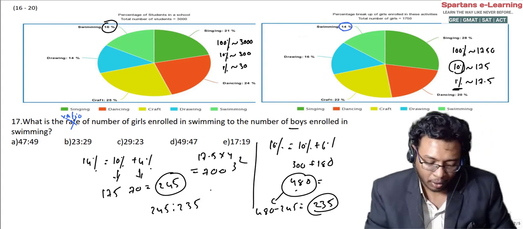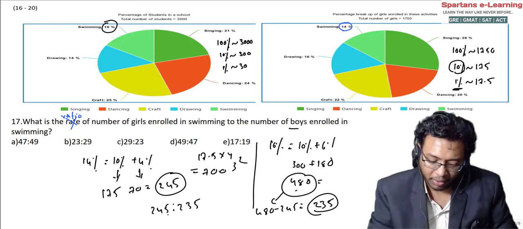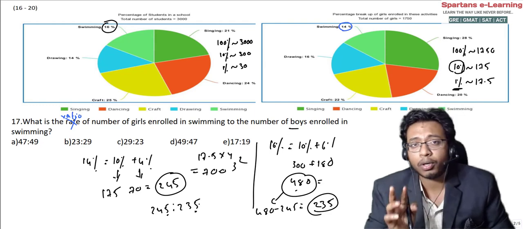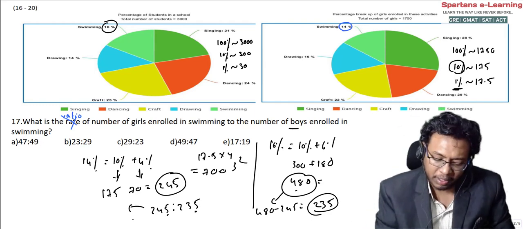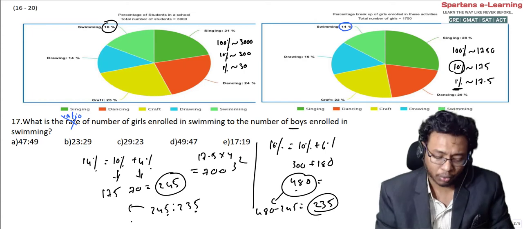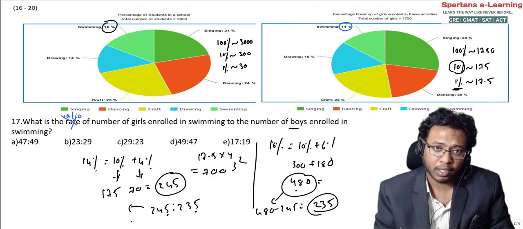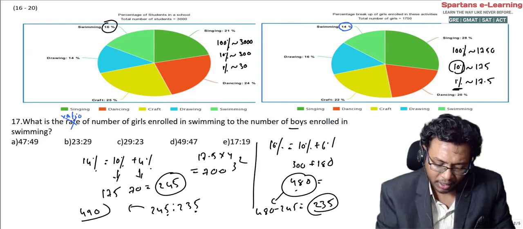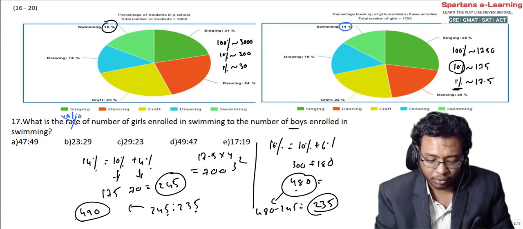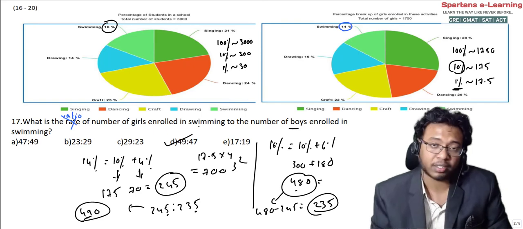That's it. Okay. Now if you want to simplify further, what you can do is, see here, whenever last digit is there 5, right? That time what you will do is you multiply by 2, you will get 0, right, as the last digit. That will be easy, right? So if I multiply 245 with 2, what I will get is it will be 200 into 2, 400 plus 45 into 2, 90. So it will be 490. Right? So here itself you can stop. Why? Because in options you check wherever you are having 49, that will be your answer. So straight away you can mark this, that will be your answer.